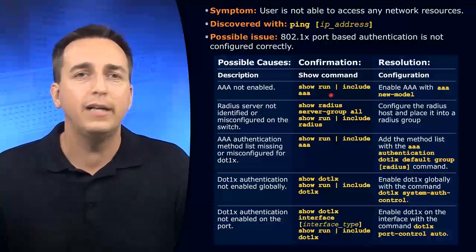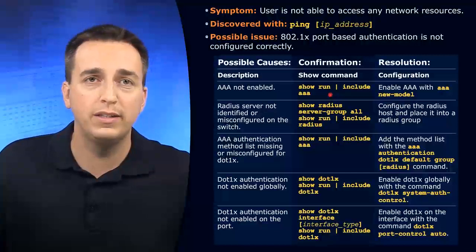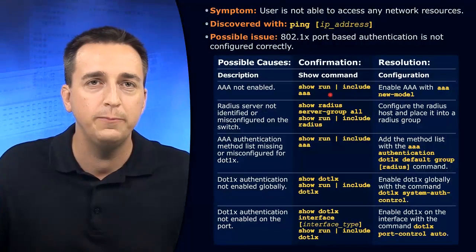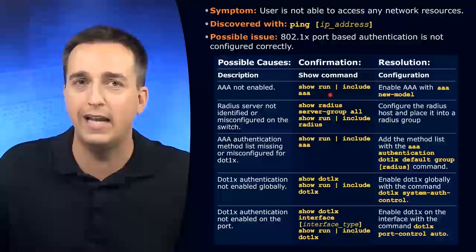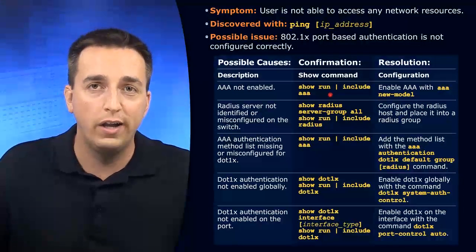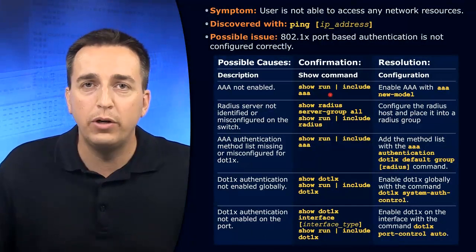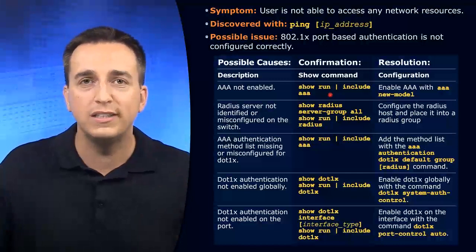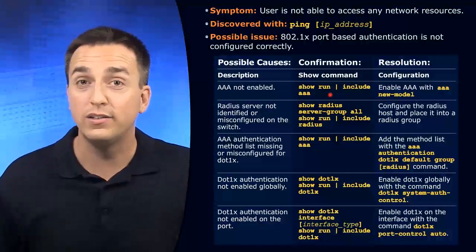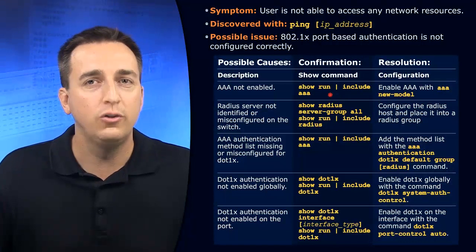But let me tell you a little story. If you already have 802.1x port-based authentication enabled and somebody disables AAA on you, you're going to have a lot of users complaining that they can't access the network. Not just one or two. It's going to be everybody. Because with AAA disabled, you are no longer going to be able to use the AAA functions or services in order to contact the radius servers that are going to be needed to perform the authentication to allow those users